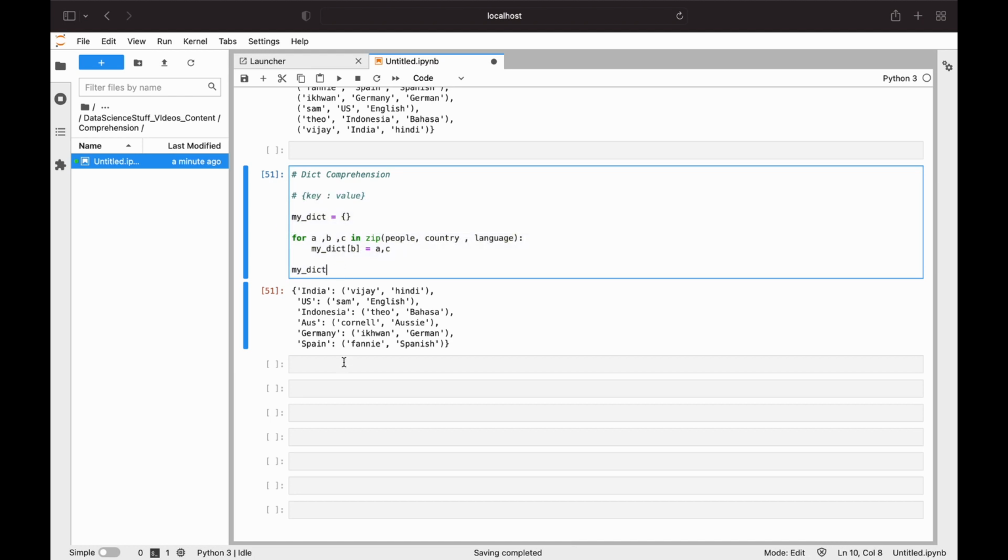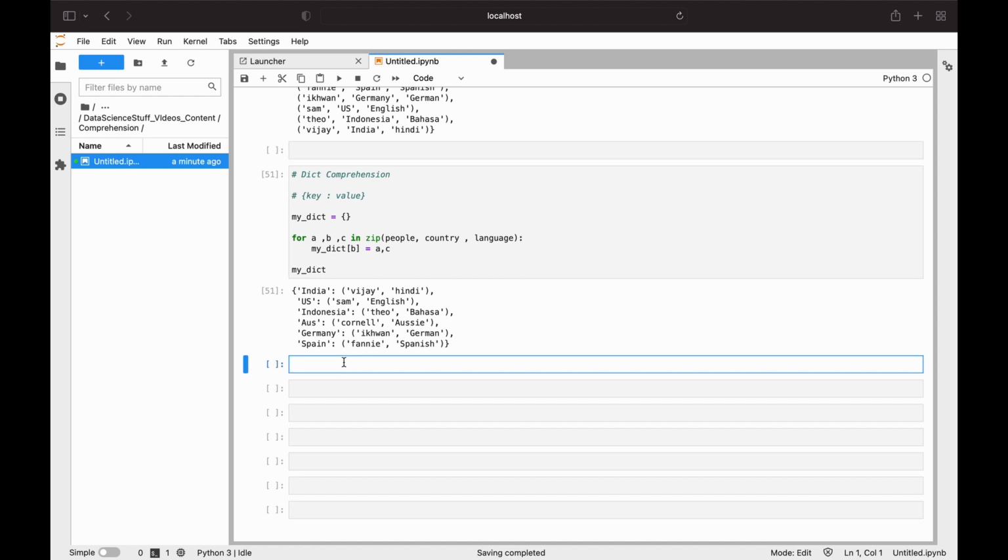Now how to create a dictionary comprehension? The way we created list comprehension, it's exactly the same principle, but instead of a list, we are creating a dictionary now. So let's go ahead and create my dictionary comprehension, my dict, but this is a comprehension. This is not a for loop now. Again, the principle is the same, you can create a square bracket here, in short, I'll tell you why. But now it's different because we are creating a dictionary comprehension. So you will put curly braces, and inside these curly braces